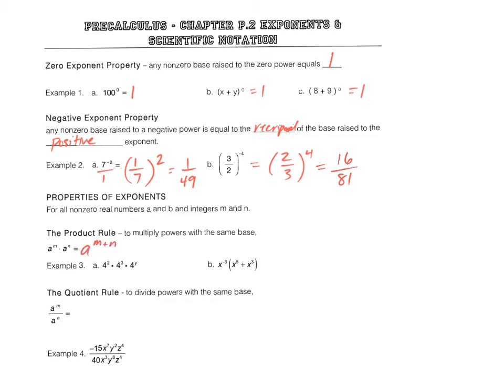In example 3, these all have the same base, so this is going to equal 4 to some power. We're going to add them. So 2 plus 3 is 5, and then y is not a like term, so it's going to stay by